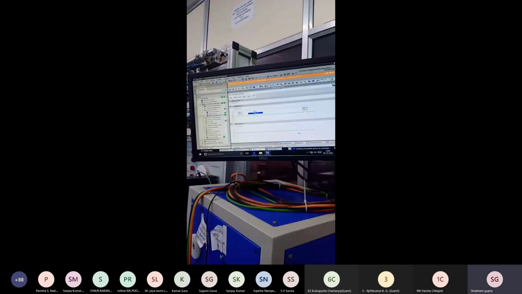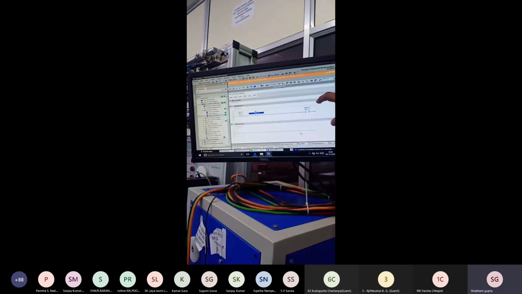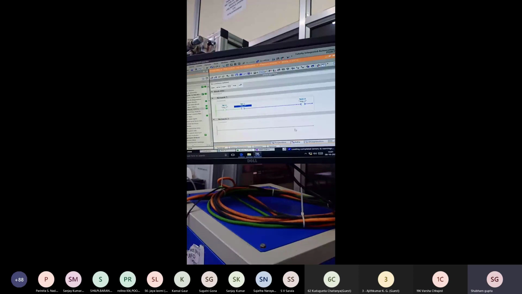When we check all the conditions, when both switches are off, the output coil is not energized. When I turn on the first switch, the output coil is not energized. When we press the second switch alone, the output coil is not energized. But when we press both switches at the same time, the output coil is energized.